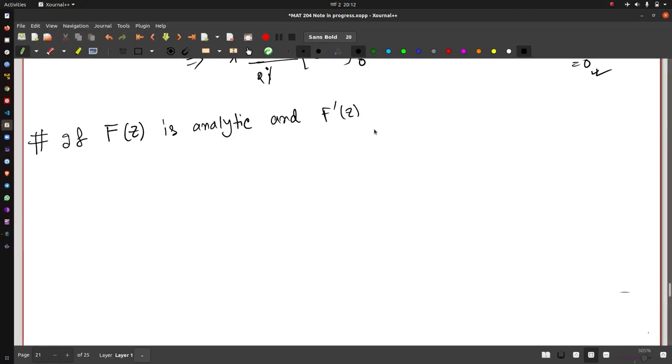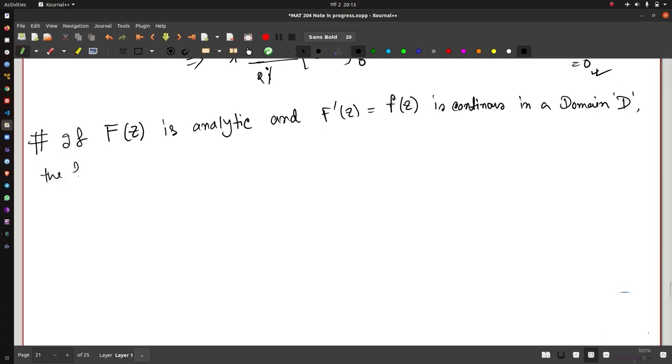Don't confuse it with the derivative with respect to t. And if you can write this derivative in terms of some other function, small f of z, which is continuous in a domain T, let's say, then for a contour